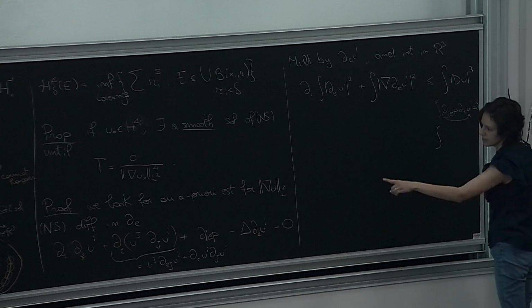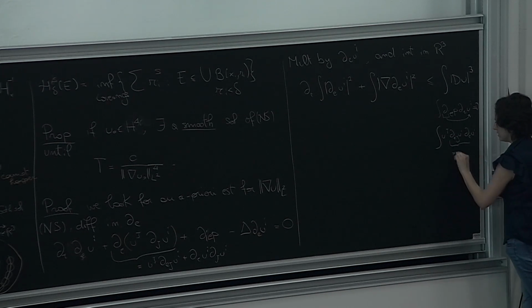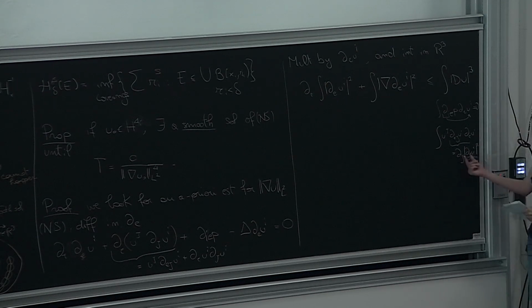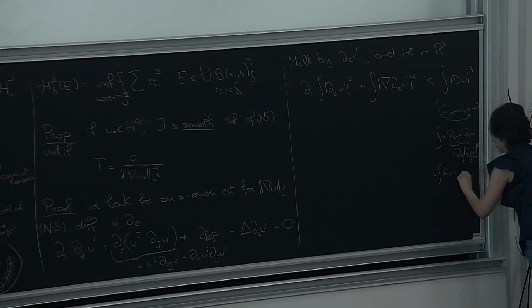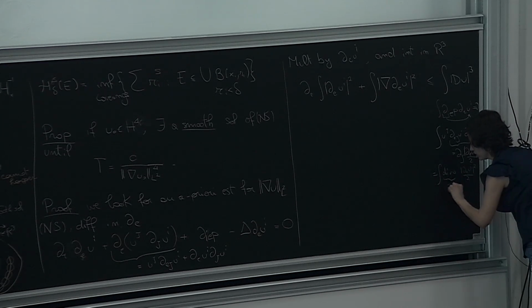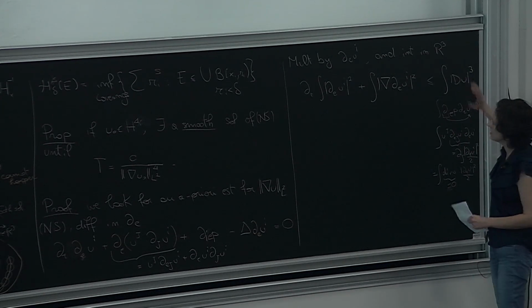So the other comment is that the integral of uj, dej ui, dEui, here you recognize that this is dj of dEui squared. And now again, divergence free implies, so now these I integrate by part, I get the divergence of u times whatever is left, no? And the divergence of u is equal to 0. So this term is 0. So I end up with this nice relation,